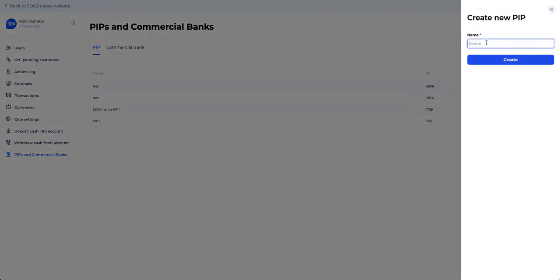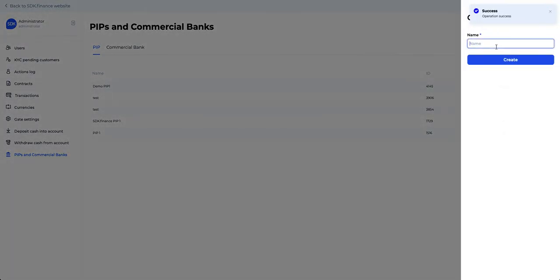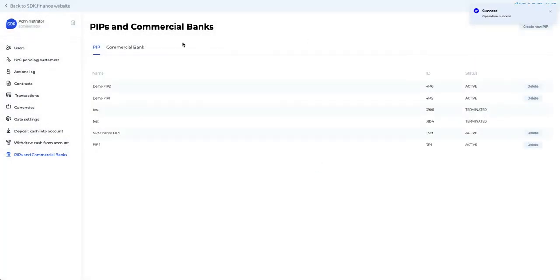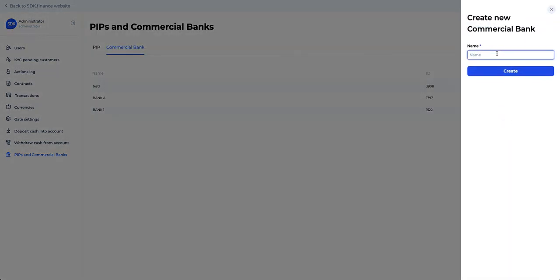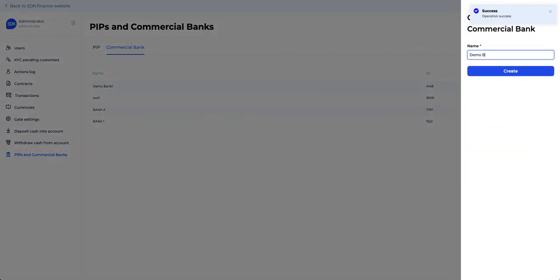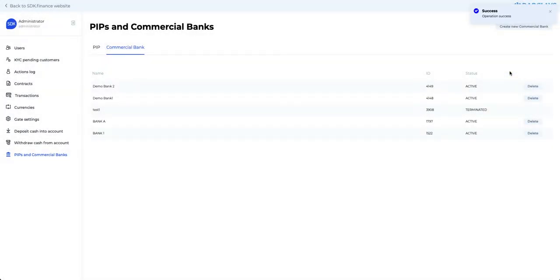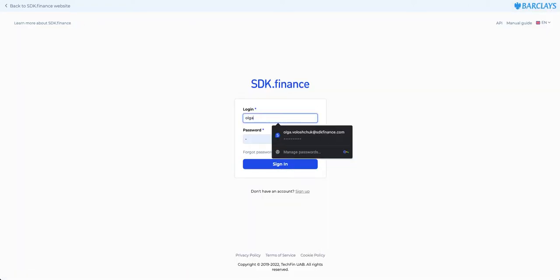So, going to create the first one and done. Let's create one more. Okay, then let's go with commercial banks. And one more. Okay, here we go. Then next, let's go and log in as individual user